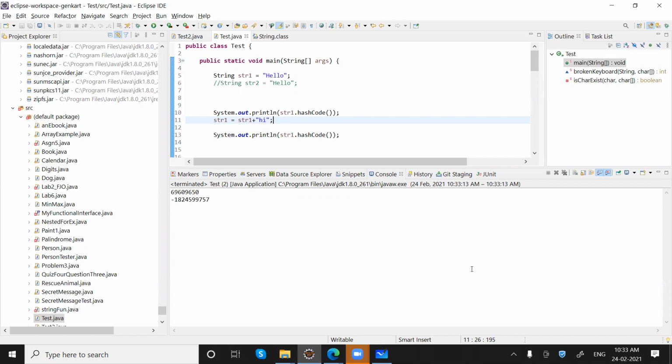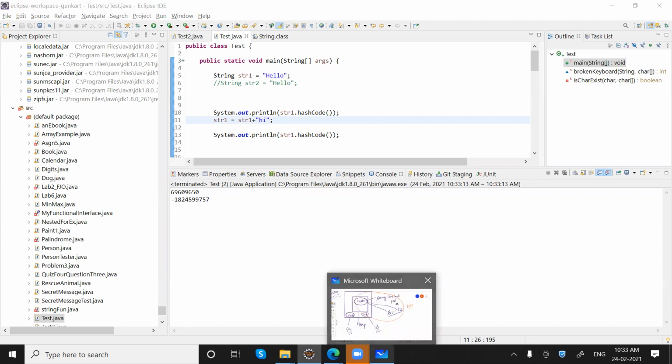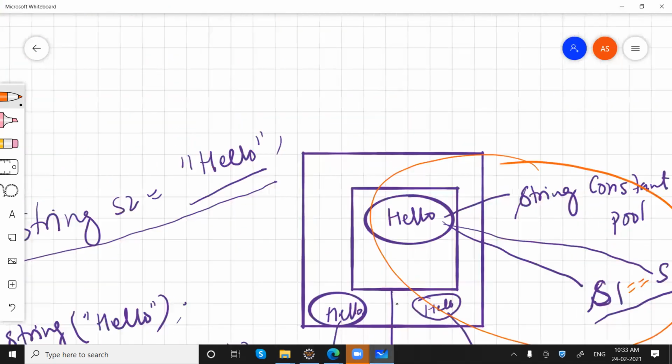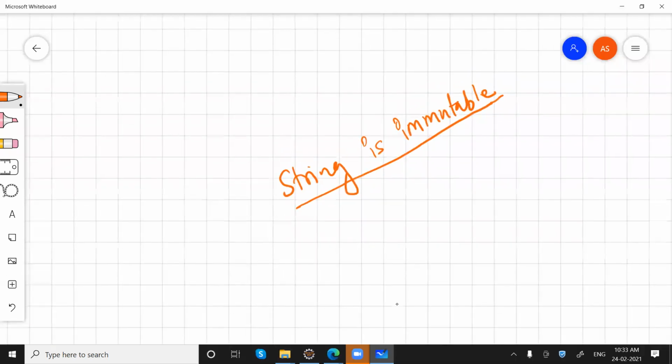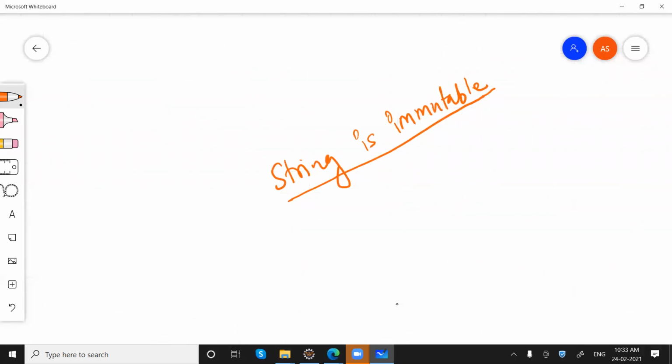What it basically means is you will learn a concept called immutability. So what immutability is: a string is immutable. What does immutable mean? It means if we modify a string object, a new object will be created.